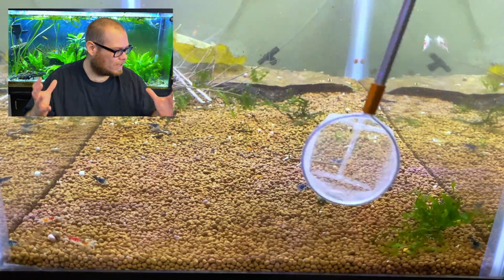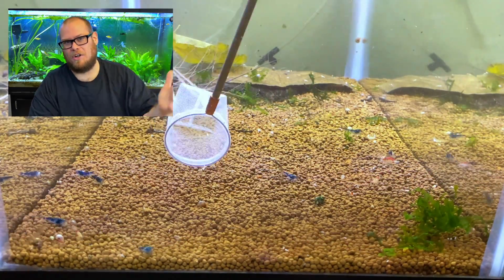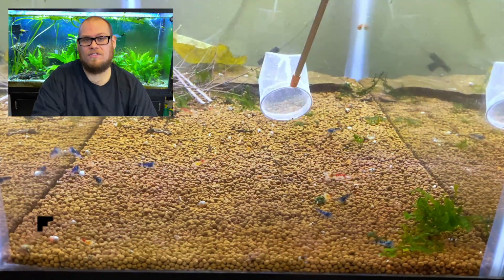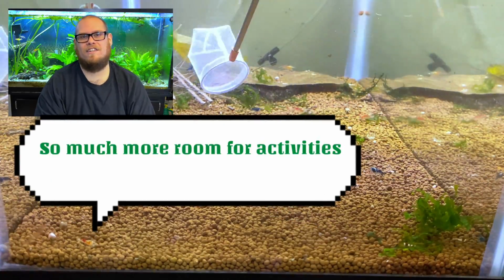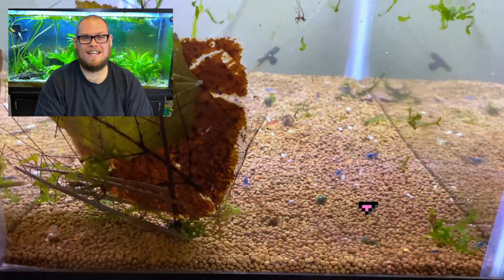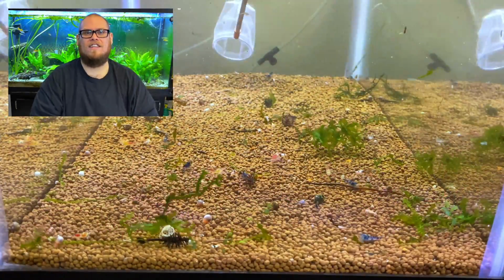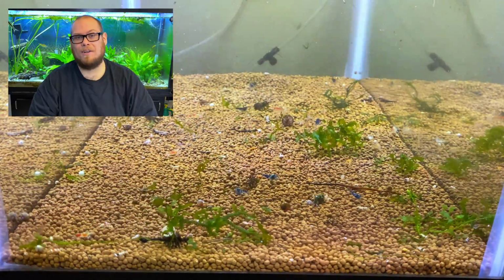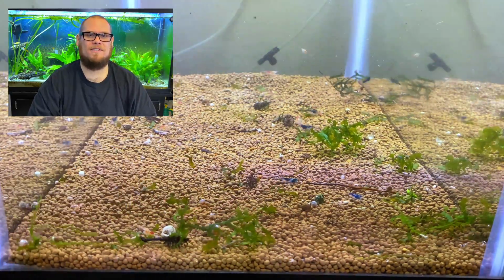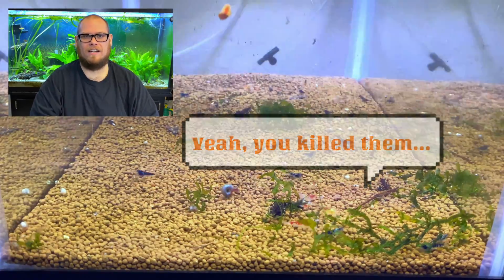So we're going to go ahead and just show you that process and show you setting up this new cull tank. I'll do a feeding at the end so you can see the new genetics that are in there. I also got some new shrimp that I'm adding to the tank, so I'll show you guys that as well. But I wanted to get this out there and tell you what had happened to my cull tank and what had really happened to those guys,